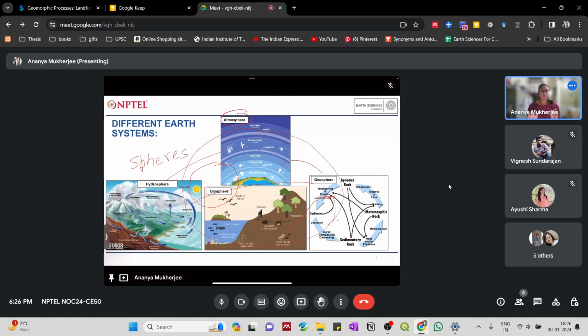We will see later on that mostly what we will learn is how the atmosphere and hydrosphere interact with the geosphere. Most of the geomorphic processes that we are going to learn are related to the action of wind and water and different precipitation forms like snow, glaciers, and also sea waves. That is why understanding these systems and the interrelationship they have with each other is important to understand any kind of process happening on the surface of the earth.